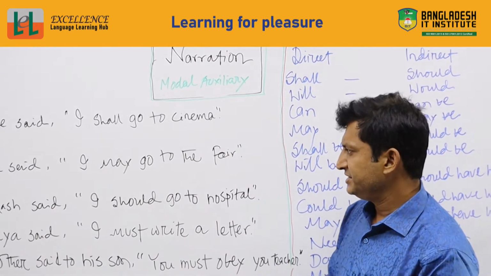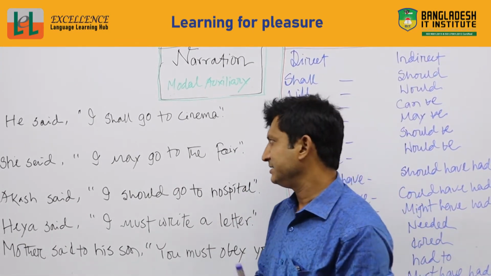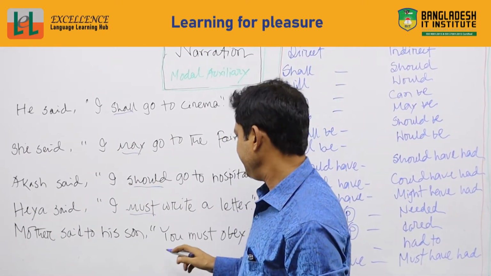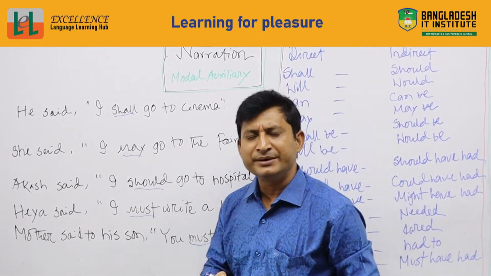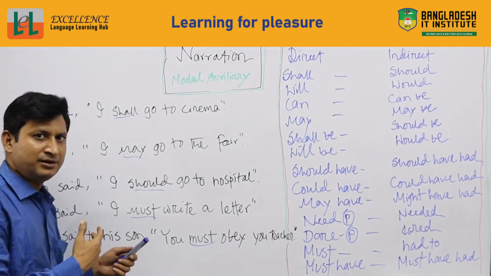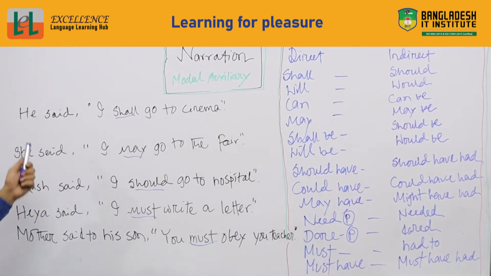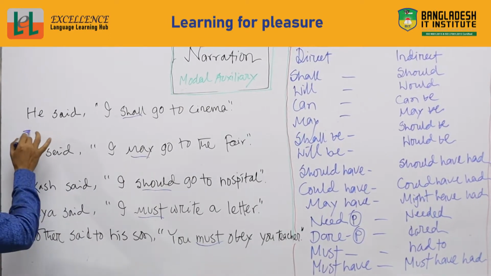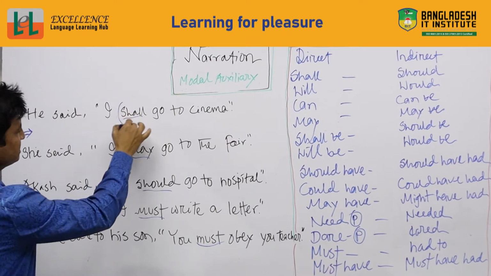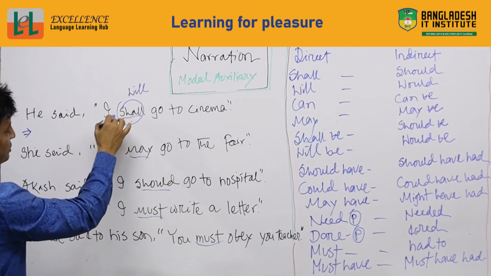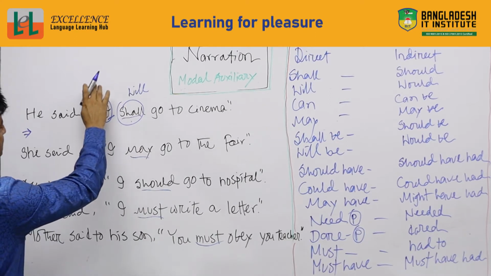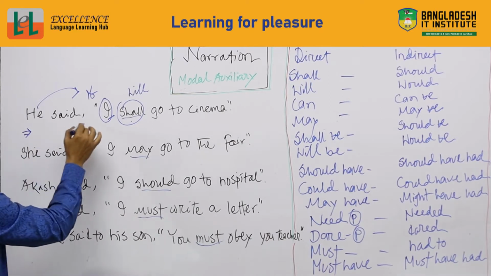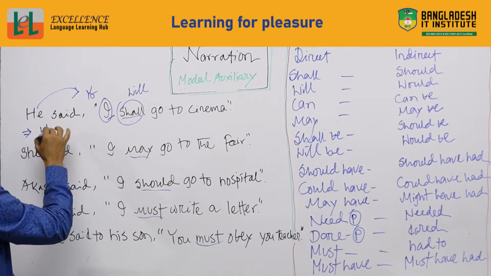Have a look here. I have given here 5 sentences using modal auxiliaries. One is shall, then may, then should, then must. So have a look, and I will give you the example of that one which I have already seen here. So he said, I shall go to cinema. Well, to make it indirect, what will happen? Here is shall, it will change, except that one, you, someone, if that is changed. So he said I shall go to cinema, then we have to write like that.